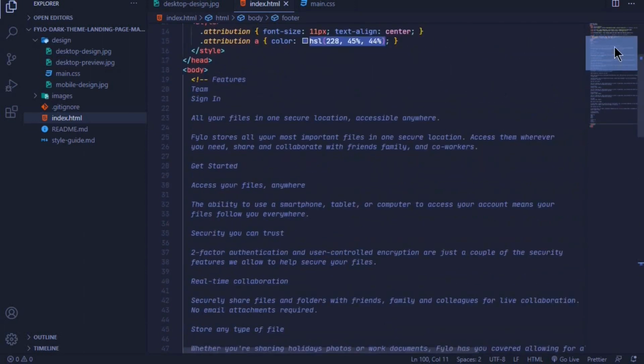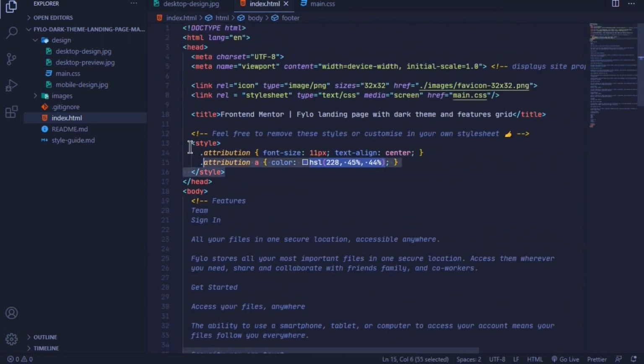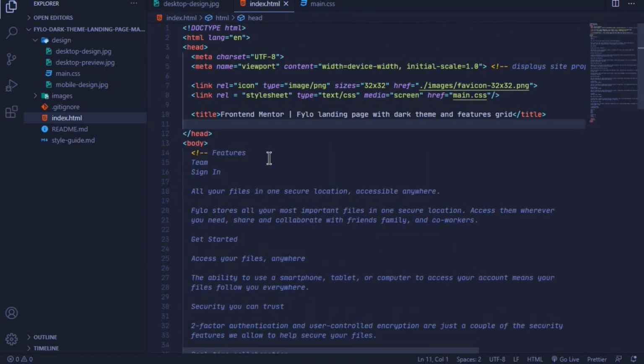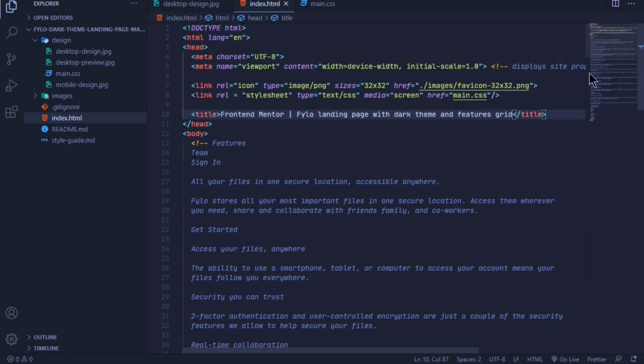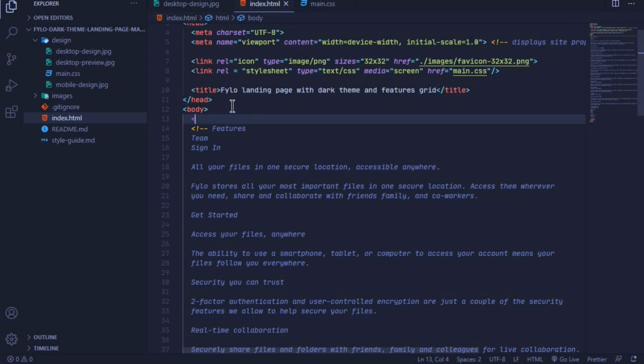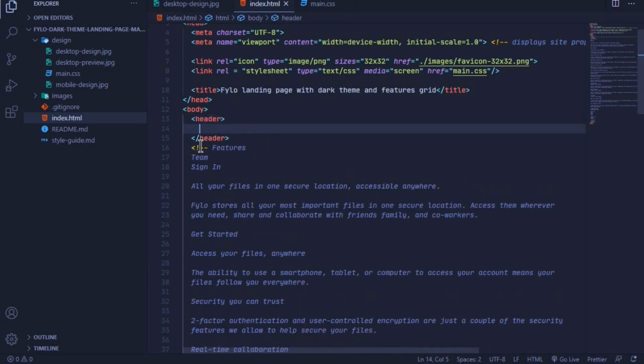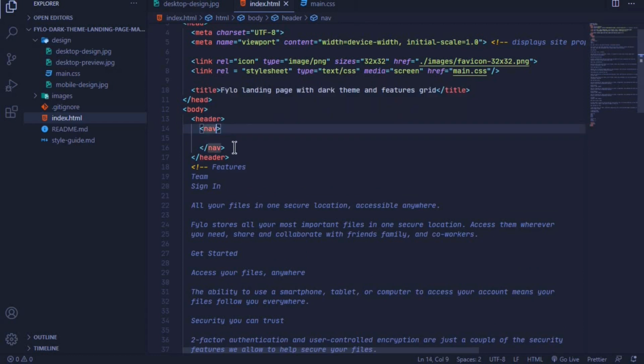and at the very top I'll also remove these styles because we have already added a main.css file, which is an external style sheet. And then right here I can remove the first name here. We start with Fylo right there, landing page. And in the body tag I will start by adding the header tag, and inside the header tag we will have a nav with a class of nav. So I'll just add a class here of nav,